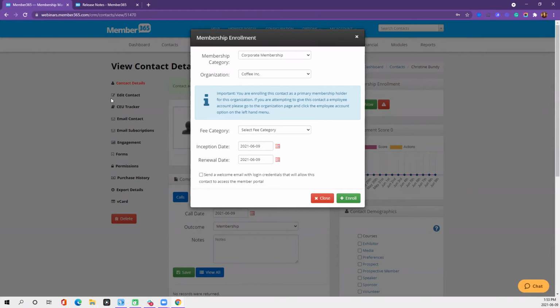You have to go over to the organization name in order to do that. Just a heads up, that is what this warning is enabling. You then, if there is a fee category, select the fee category, set up your renewal dates. So this I actually want to be for 2022. And then the new option